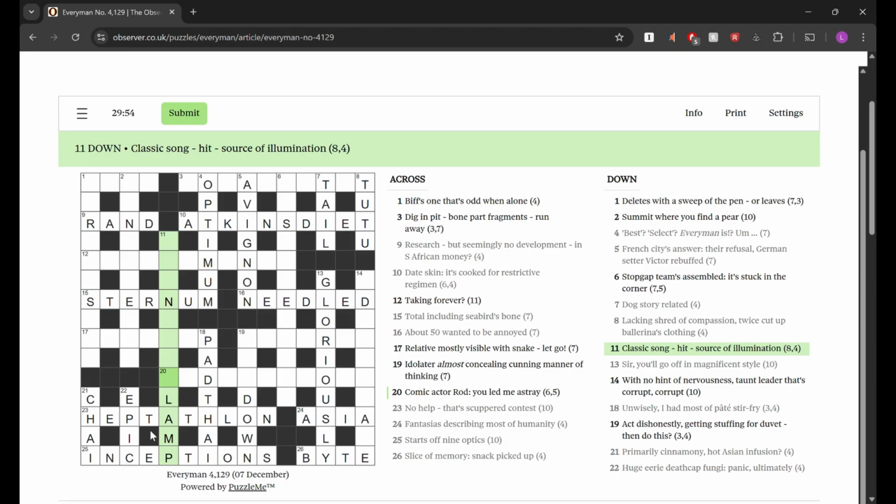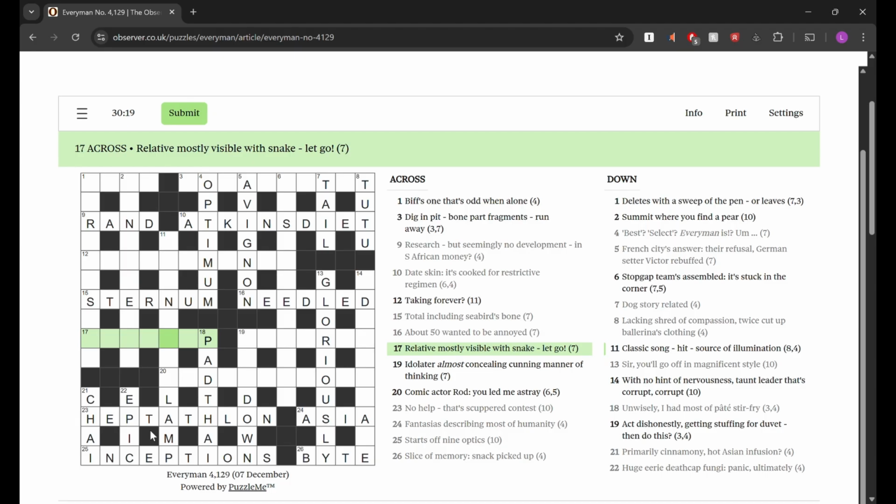What is a classic song there? Or a word for classic and a word for song. Let's see if we can figure out the name here. No, still not seeing it. Let's